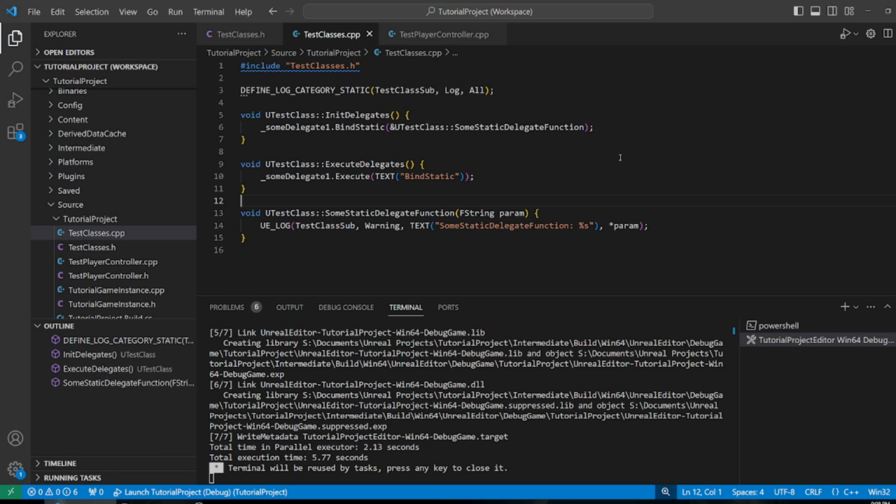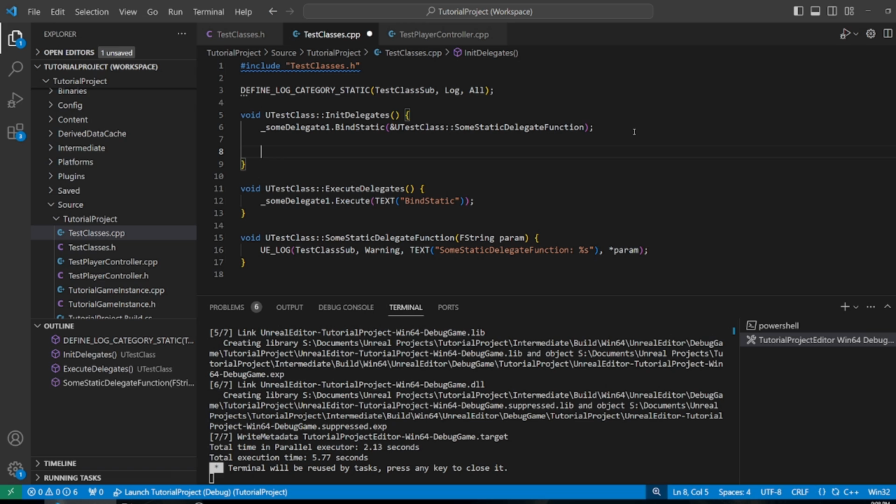So if we go back to the CPP file, the next way that you can bind something is using a lambda. So if you're not familiar with lambdas, they're really cool, and they let you just define functions right on the spot, and you don't need to declare them somewhere else and call out. So it's really good for simple things or things that you're only going to do once, and it really makes more sense in context than somewhere else. So what we're going to do is